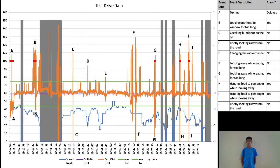I tested the device by having the front seat passenger simulate distracted driving while wearing the device. This graph summarizes the results from one of the test runs that I conducted. Each letter corresponds to an event during the test drive. Alarms were triggered during events A, B, G, H, and I when the driver was doing things like texting and eating. Alarms were not triggered during events C, D, E, and J when the driver was doing normal things like